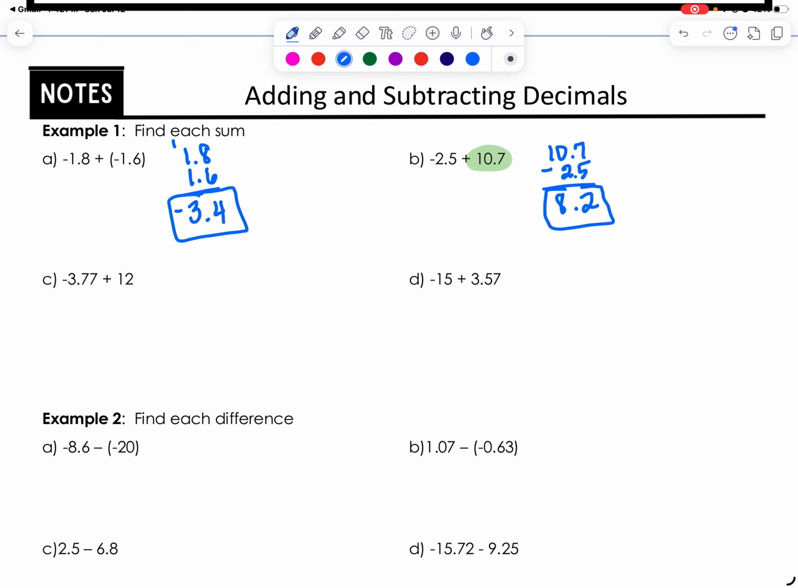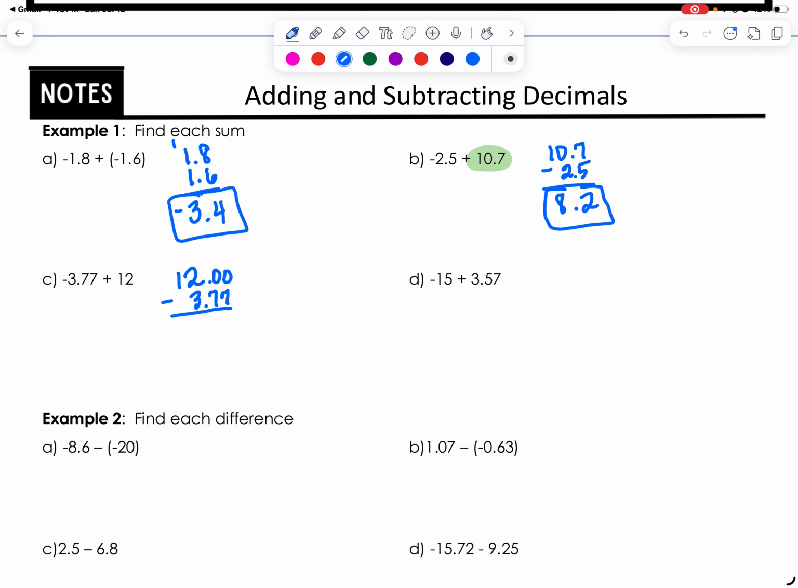All right, problem C, negative 3.77 plus 12. Again, our signs are different, so we're going to subtract. So we're going to take 12 and subtract 3.77. Now, remember, sometimes when you're adding and subtracting with decimals, you have to add in zeros as placeholders. So this is 12 minus 3.77. Now, when I'm subtracting across zeros like this, I like to think of money. So instead of 12.00, I'm going to think of this as $12 minus